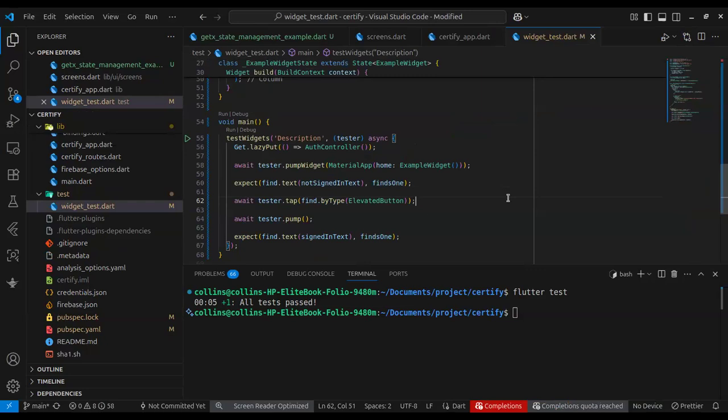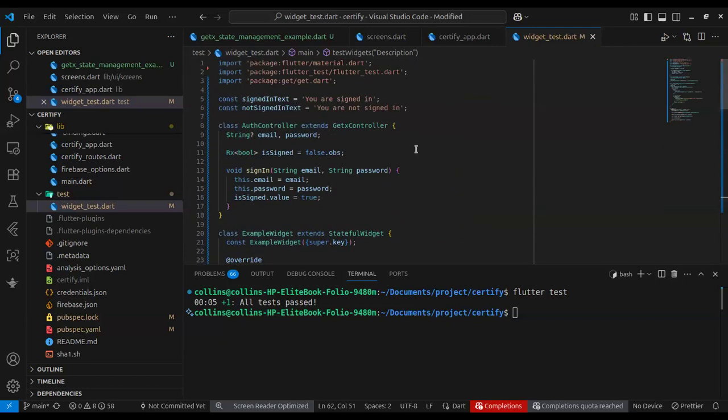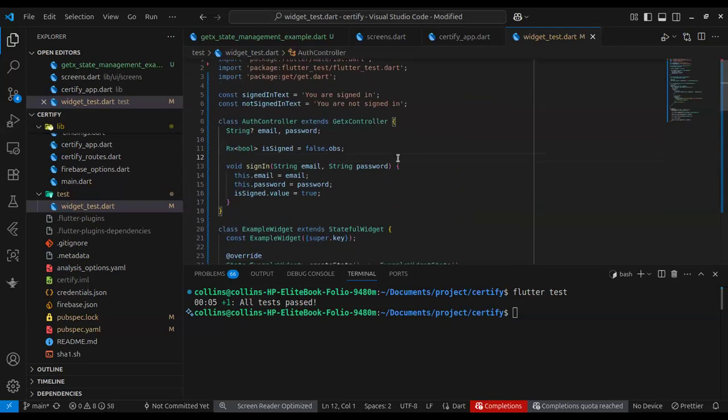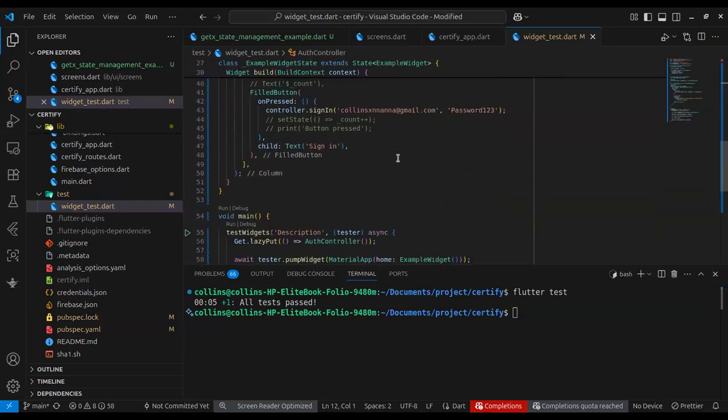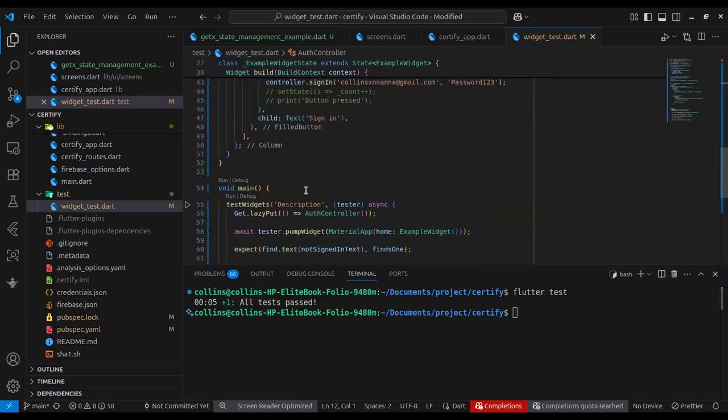The concept of testing is the same. Remember, I told you that Flutter test depends on the test package, right? That means most of the things you can do with the test package, you can do inside Flutter test. So we can decide to put this inside a group